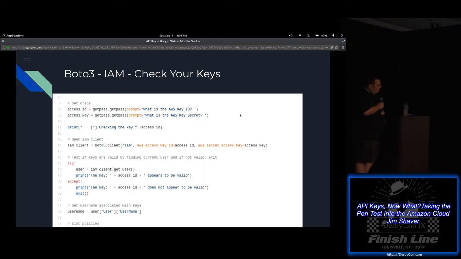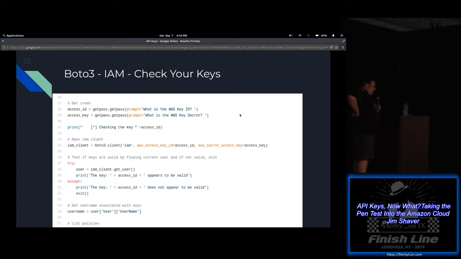This is just a little bit of one, and basically this is using Boto 3. So we now have a set of API keys. We need to check that they're valid, because oftentimes in a Git repo, if they've been committed and somebody has already found them, then the keys have been rotated. So we need to know, are these actually keys that are useful to us, or are they just garbage and they've been rotated already? So this is a simple script I wrote with Boto 3, and basically it asks for